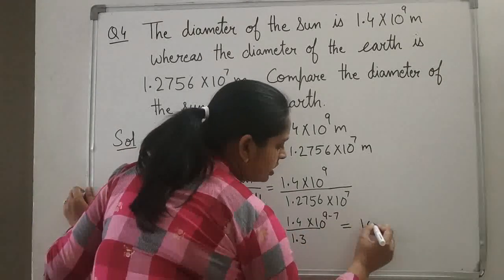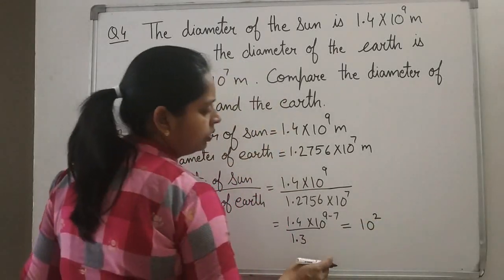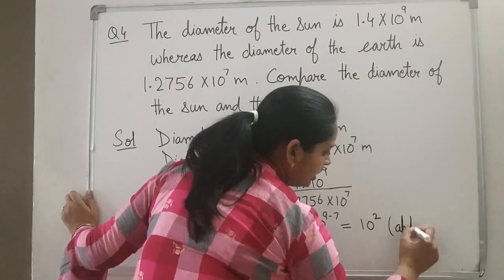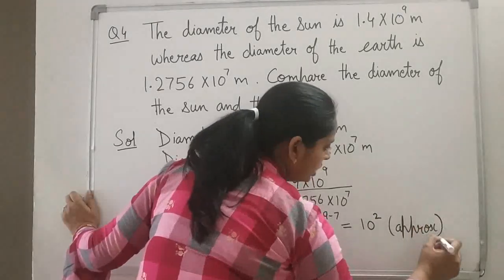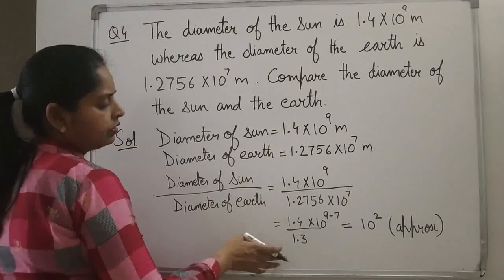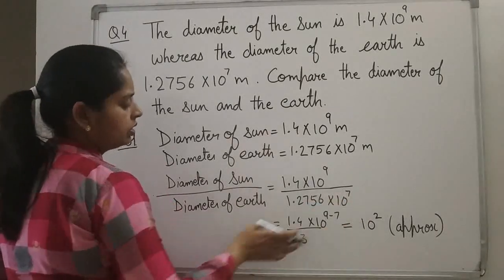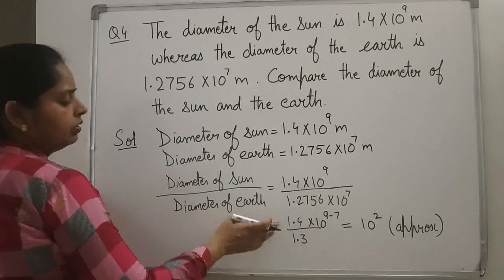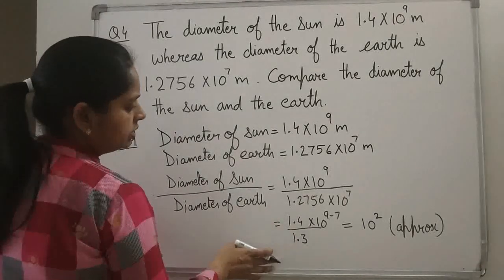So we are having the answer as 10 to the power 2. Only 10 to the power 2 is left if we got the value as approximate. We are not writing the exact value. I am not saying that 13 and 14 are equal, but they are approximately equal because we are having 10 to the power 2. If we compare with the hundreds number, then 11 and 2, one place displacement is there. So it is nearby only.